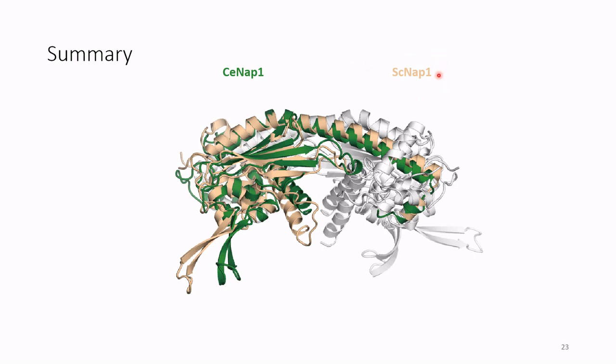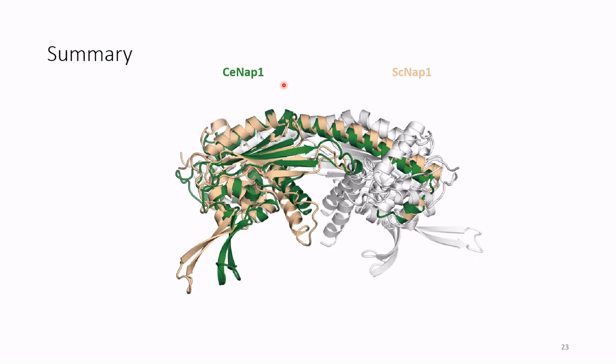Yeast Nap1 possesses an acidic N and C-terminal tail, whereas worm Nap1 naturally lacks its N-terminal tail and only has a short C-terminal tail. Because of its high sequence conservation in the core domain, we thought that worm Nap1 would be a great model protein to study and investigate the role of the tails in Nap1 self-oligomerization, histone binding, and